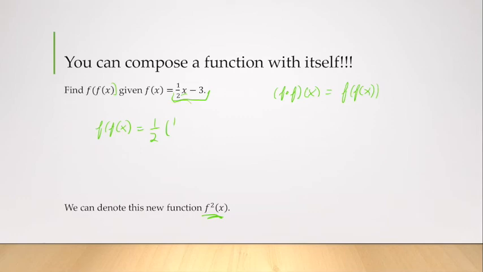So I've got 1/2 times, substituting this in for x, 1/2 x minus 3, minus 3. So that gives me f squared of x equals 1/4 x minus 3/2 minus 3. We can rewrite 3 as 6/2. So f squared of x equals 1/4 x minus 9/2. Now, why did I show you this? Well, I showed you this because we need to talk about iterative